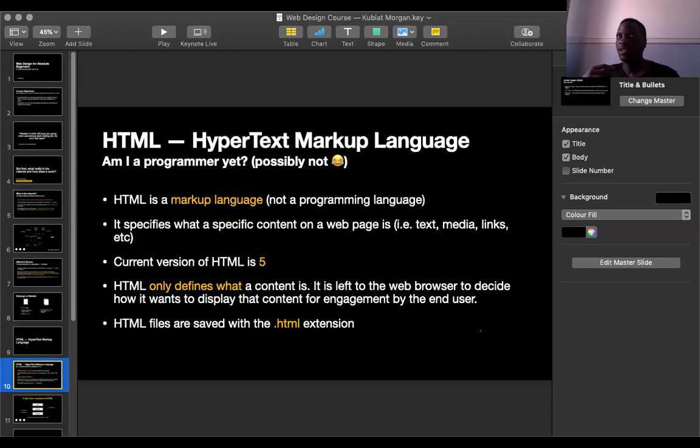Now, that still sounds like another grammar added to the mix, but the difference is this: a programming language more often than not instructs the computer on what to do.